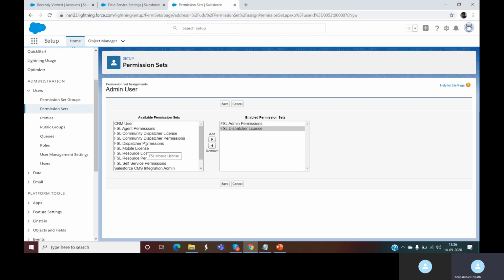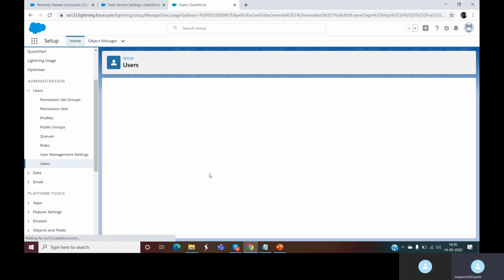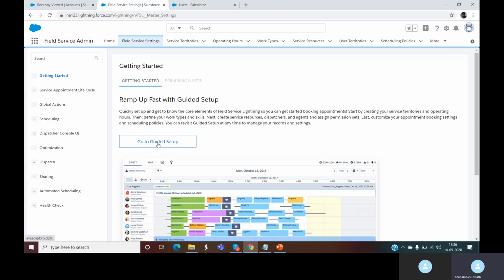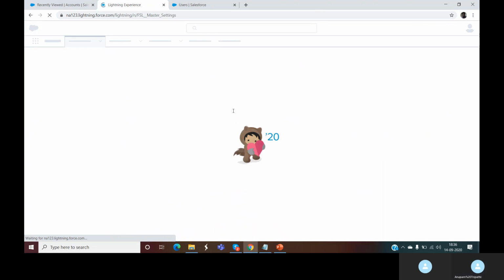I will also assign the dispatcher permission, because I want to access the objects and other features for the dispatcher. I'll save it here. Once I save it and go to the guided setup again and click here, okay, I need to refresh this.